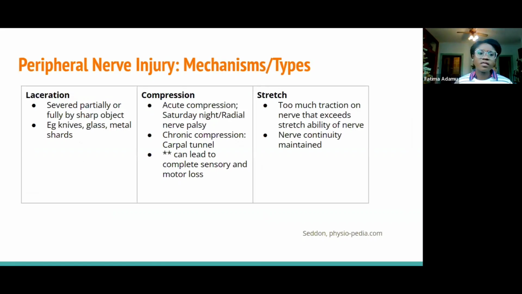Okay. Mechanisms for peripheral nerve injury: laceration, right? So the nerve either being cut completely or partially by a sharp object. Compression, as I had mentioned. So the Saturday night palsy or radial nerve palsy is what I was talking about, where the wrist is completely weak. Chronic compression, carpal tunnel would be, so that's more of a repetitive thing, right? If you have somebody who's doing the same task for long periods of time, compression can lead, eventually, over time, to complete sensory and motor loss if you're not catching the